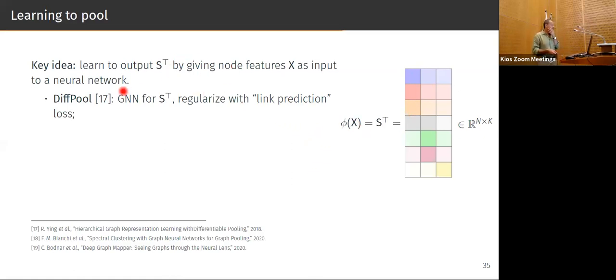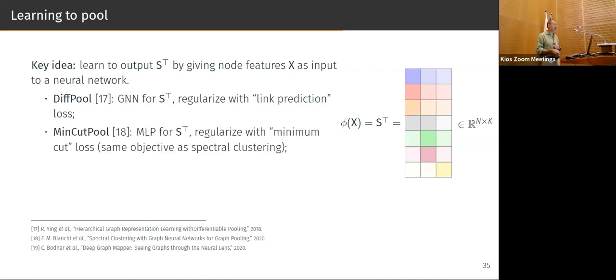And if we look at this approach, the idea is to learn these score matrices, basically. And there are different methods. One is the pool, where you try to regularize the prediction for the loss. One of the most interesting is the mincut. Why is this interesting? Because you want to cluster by trying to follow the mincut problem, which is